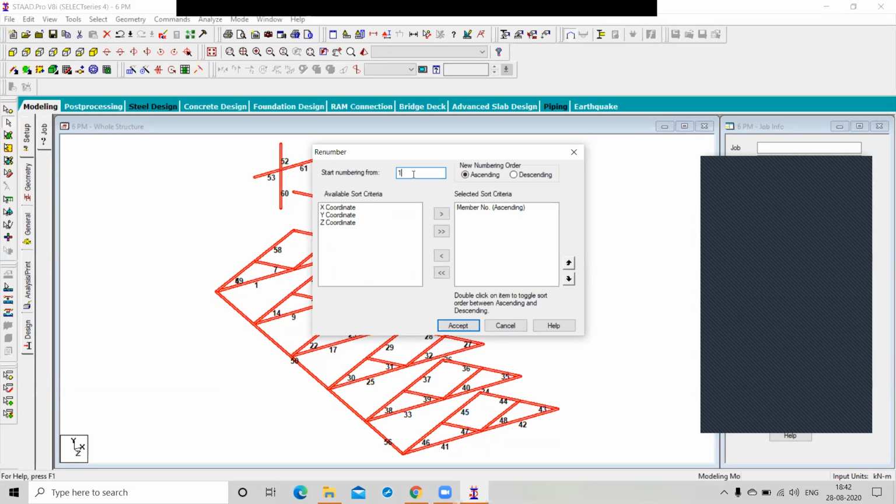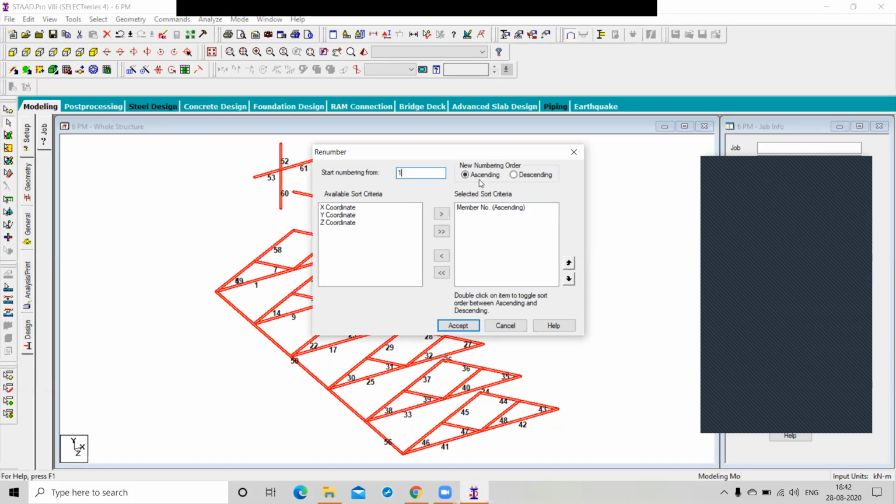Let it be 1, sir. Okay. So you cannot start with 0. Here we have two options, ascending and descending. So this is the ascending. If you choose 1, you have to choose the ascending order.